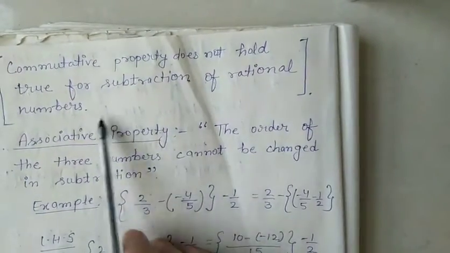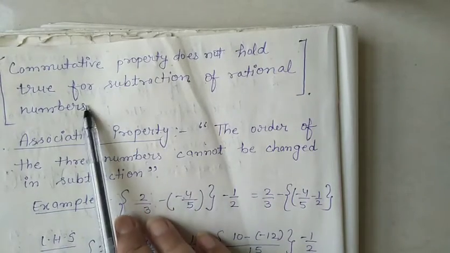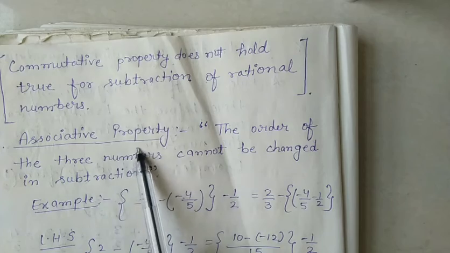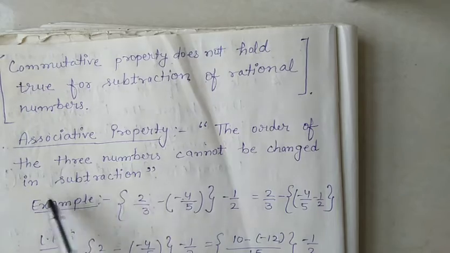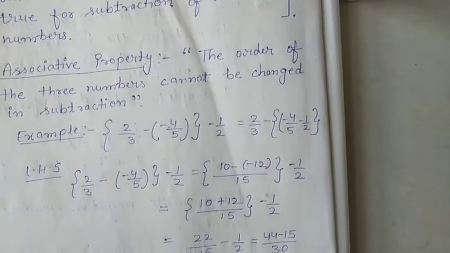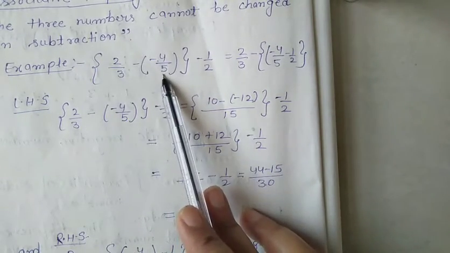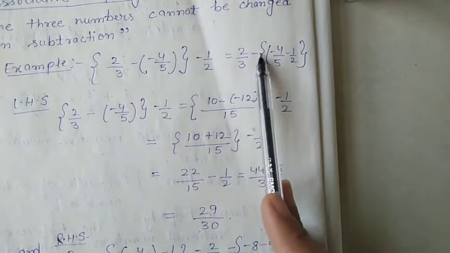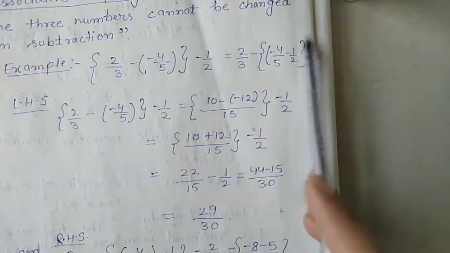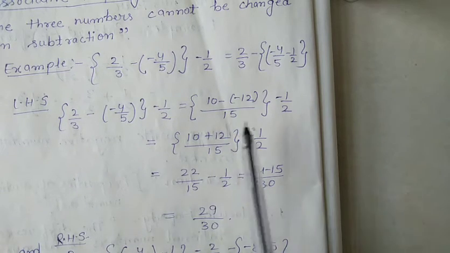Now our next property. The commutative property doesn't hold true for subtraction of rational numbers. Now the third property is the associative property. The order of the three numbers cannot be changed in subtraction, and we show it by using an example, that is 2 by 3 minus, in bracket we write minus 4 by 5. Then the big bracket is closed, and minus 1 by 2, and when we put the bracket for the last two numbers,